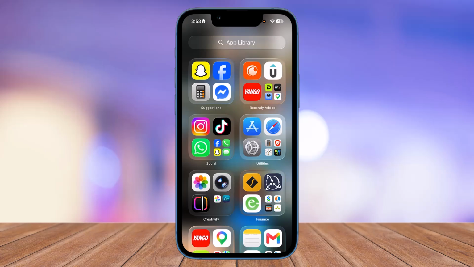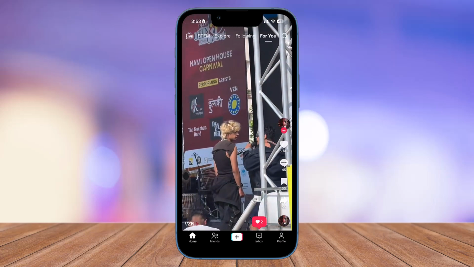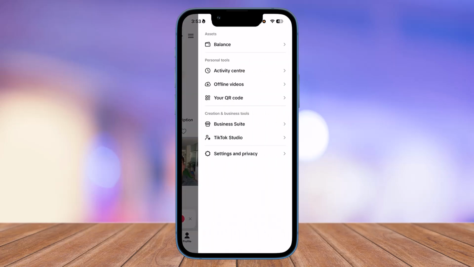If that is not the case, then it could also be because of your application bugs and glitches. In order to fix it, simply open TikTok. Tap on your profile on the bottom right and then click on the top right triple lines icon and click